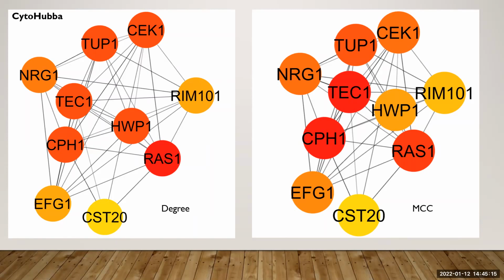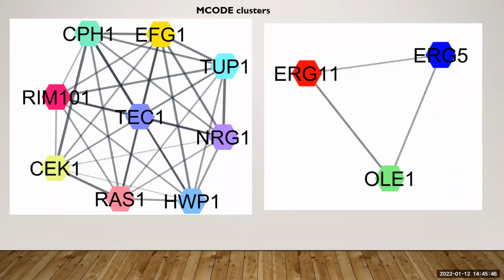So here CytoHubba is a popular tool which is also used for identification of hub nodes. The red or dark red color indicates the main ones, and then there is a yellow color, which is again not a good one. The hub node is calculated based on the degree, and MCC is used to calculate it. So this is the network analysis